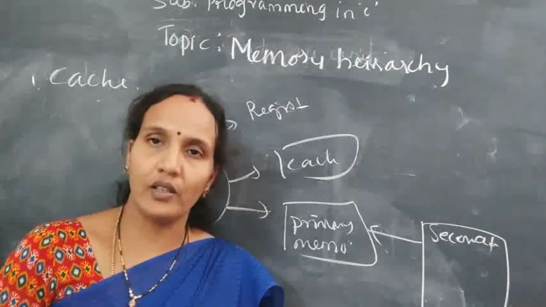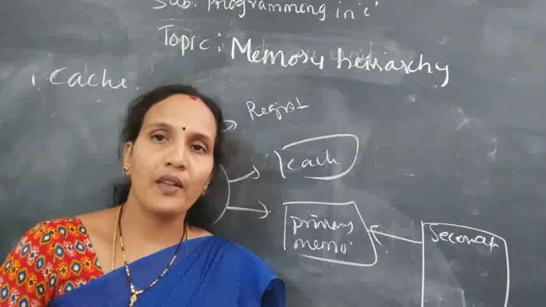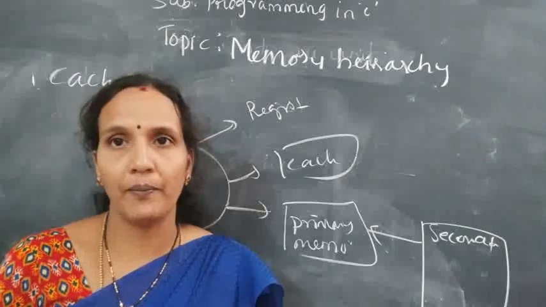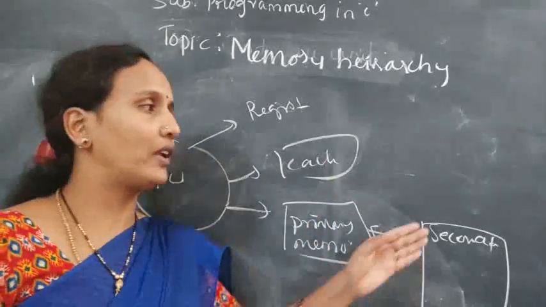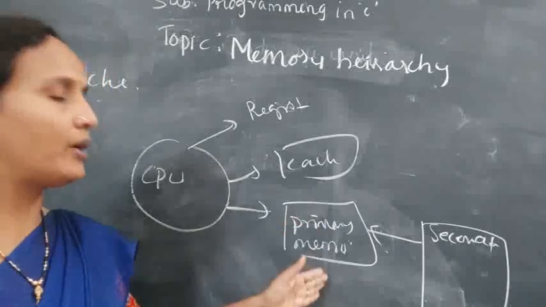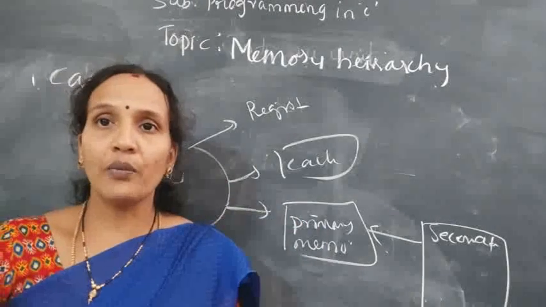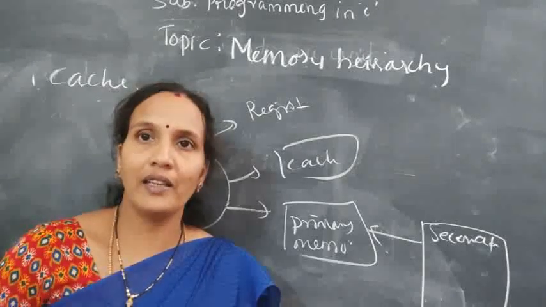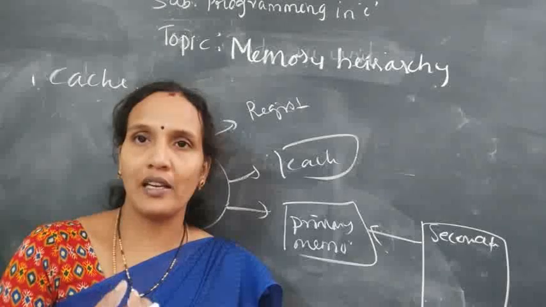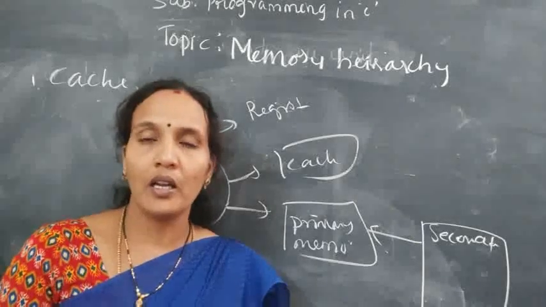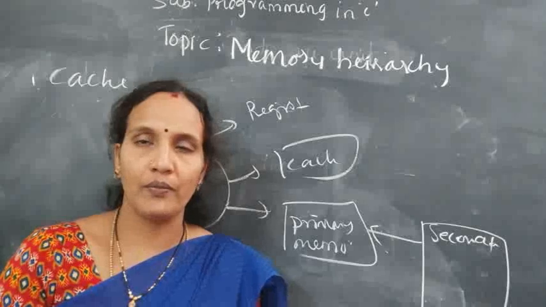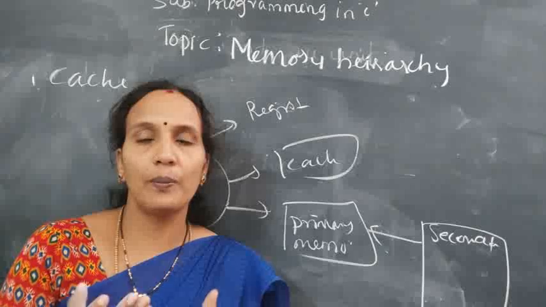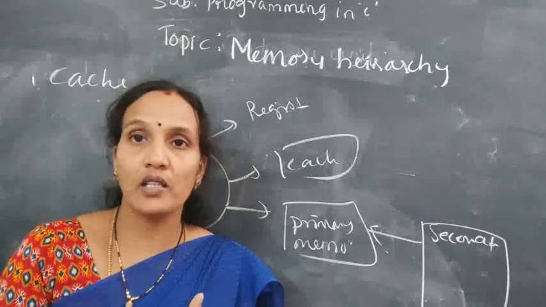For example, you need some 10 files. The 10 files are in the secondary memory, and you are using those 10 files frequently. Then every time you load the 10 files to your main memory, the primary memory, and from the primary memory to the CPU, it is a wastage of CPU execution time. When the CPU execution time increases and fewer programs are executed, the performance of the CPU will come down. Understood? When the number of programs executed within a given time increases, the CPU performance increases. That is called throughput.